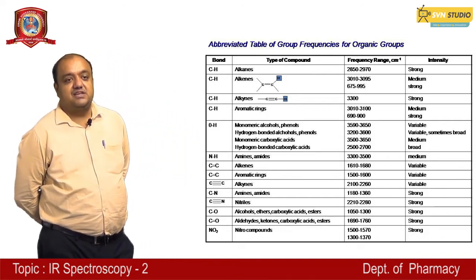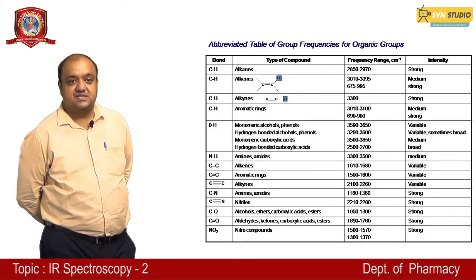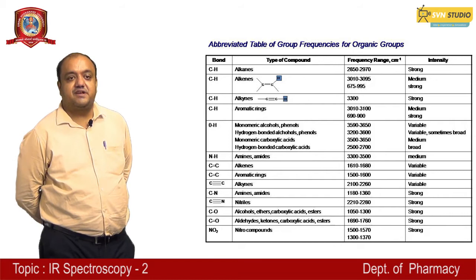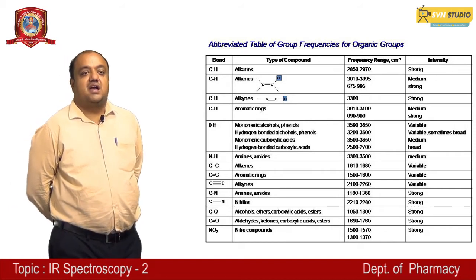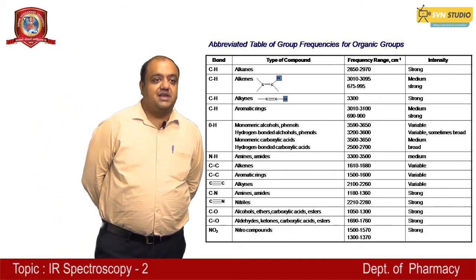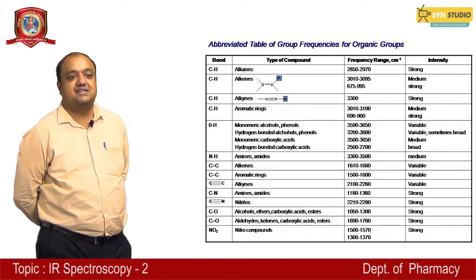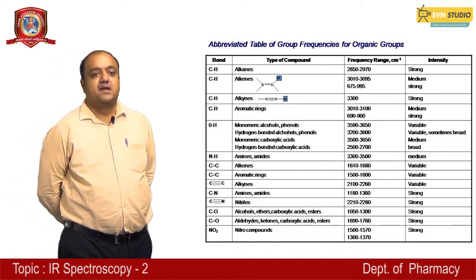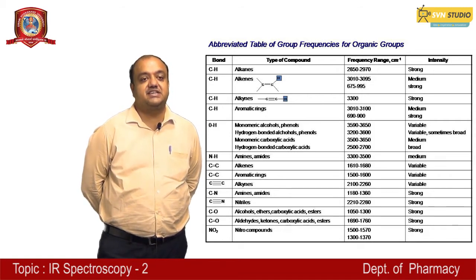And the next example is the aromatic ring C double bond C, which absorbs at 2100 to 2260 in variable peak. And next is amines or amides, C-N, which absorbs at 1180 to 1360 centimeter